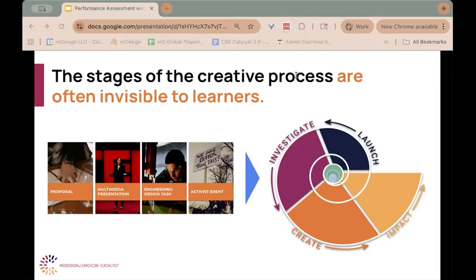We created it to support designing competency-based, agency-building learning experiences. And by using this stable structure, learners can build familiarity so that they can more easily self-navigate through performance assessments and projects.